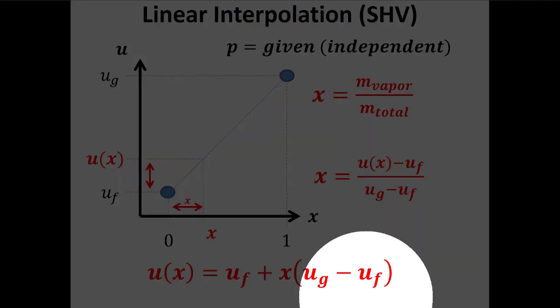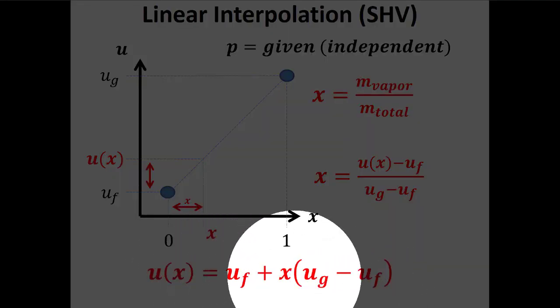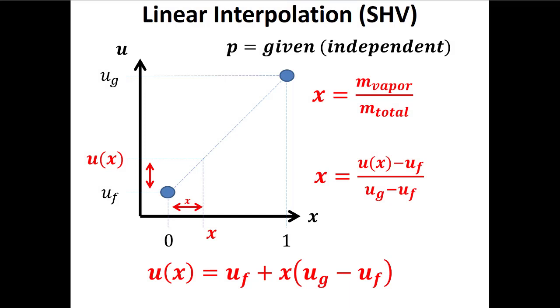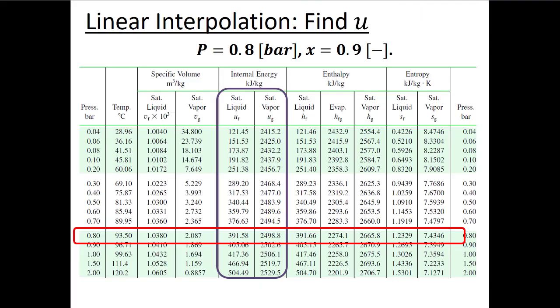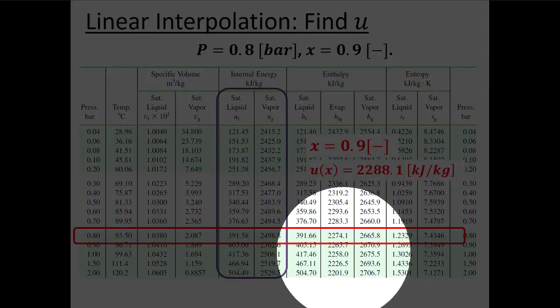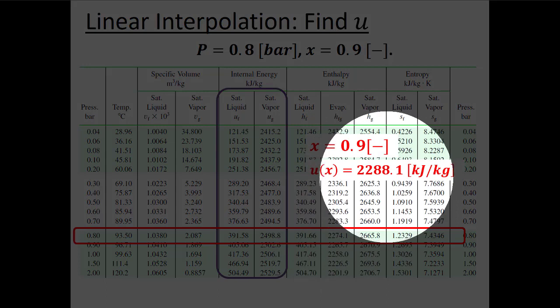And this will be the same equation if I'm looking up little u or little v or little h or little s. It's always the same. So here in this case, now I know my pressure, so I know the right values. I know uf and I know ug. I know x. So I can put all that information into my equation and find that my specific internal energy here is